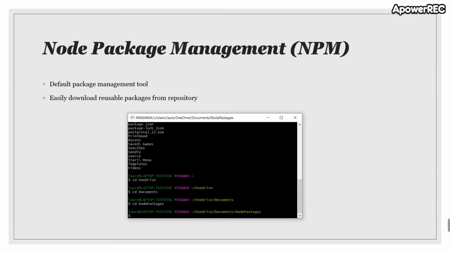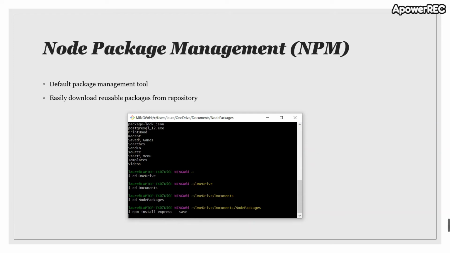One of them is Express, which we discussed earlier, so you can really easily download it once you have Node. So as you can see, it's just as simple as navigating into whatever folder you want to have your application in, and then simply typing in npm install, and then the name of whatever package you're looking for, so Express, and then --save if you'd like to save it, and let it run. It'll take just one moment,